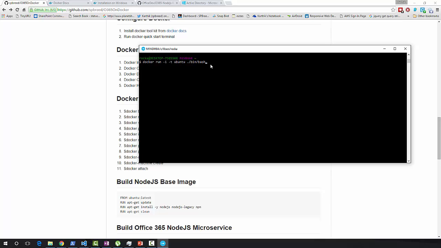If it is not there, it will reach out to the Docker Hub and download the base Ubuntu core image into your local machine. So now let's run this. Since I have an image locally here, it just popped up. So now we are in the container. The container ID is 180. Now get out of this container